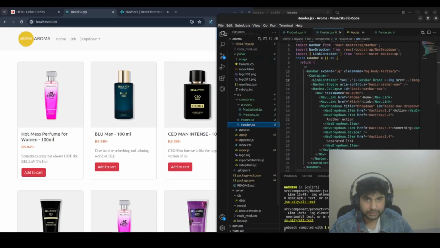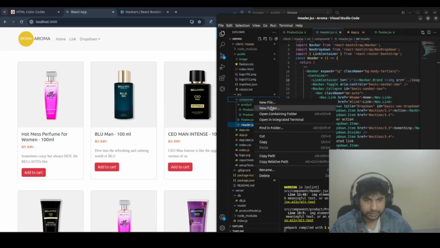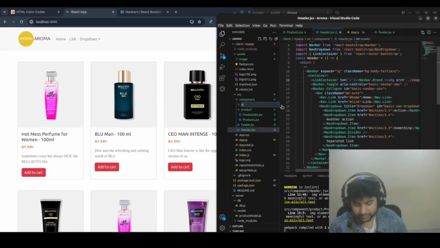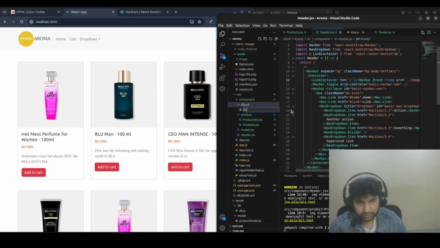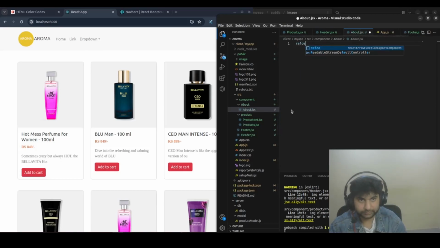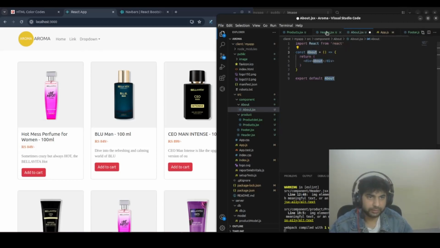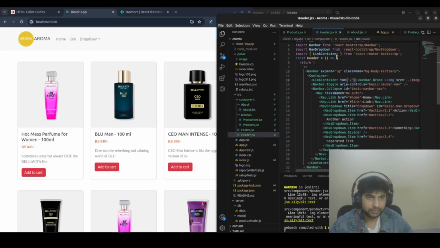But if I make one more component, that is a new folder about, here I will make a file about,